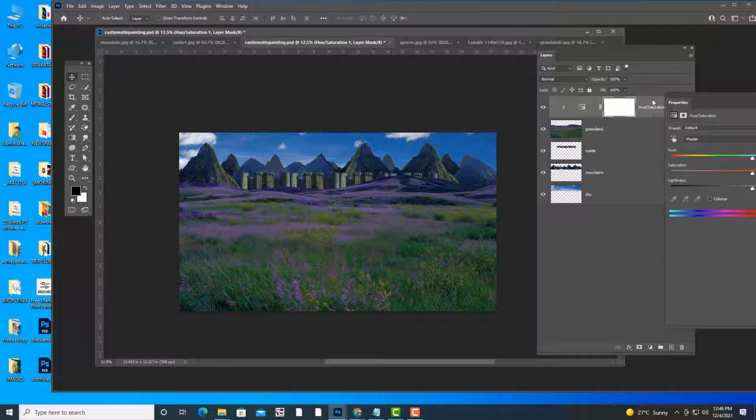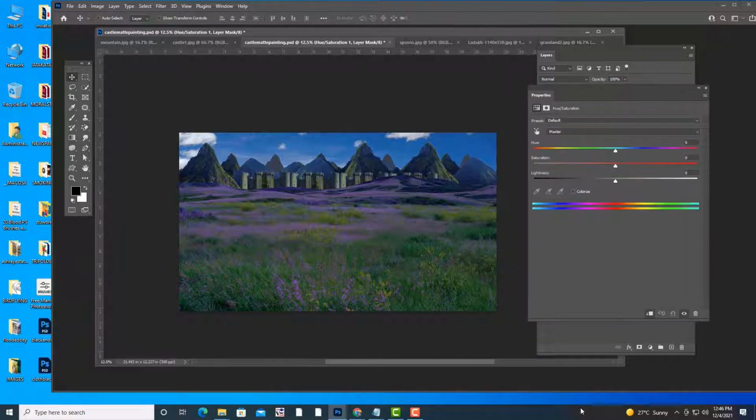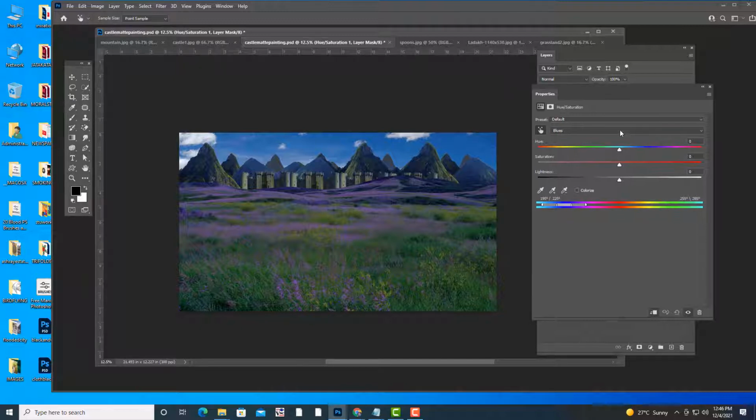The next step is, we want to remove this purple coloring. For that we will select this eyedropper and click on the purple color line. That particular color will be selected. Now what is the next step? We want to make that green in color. So simply move this slider till it becomes green. See, slowly that purple color is becoming green.